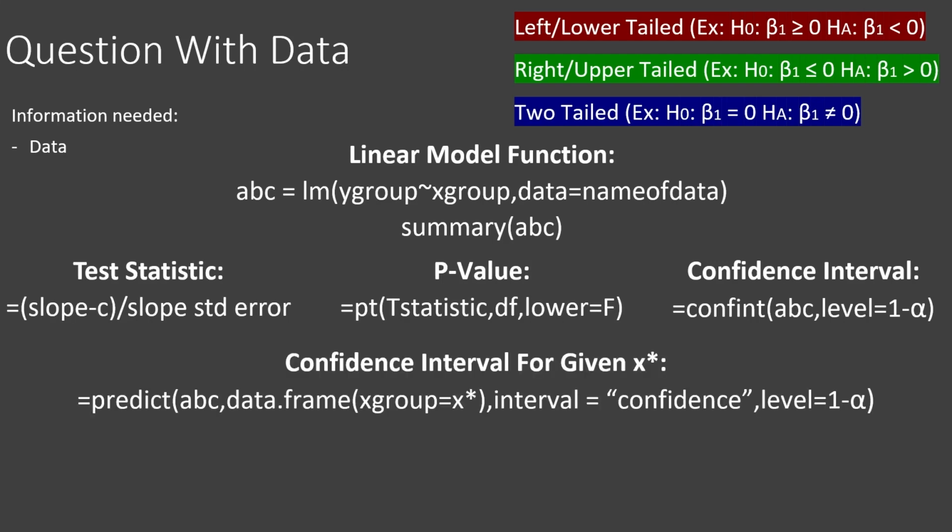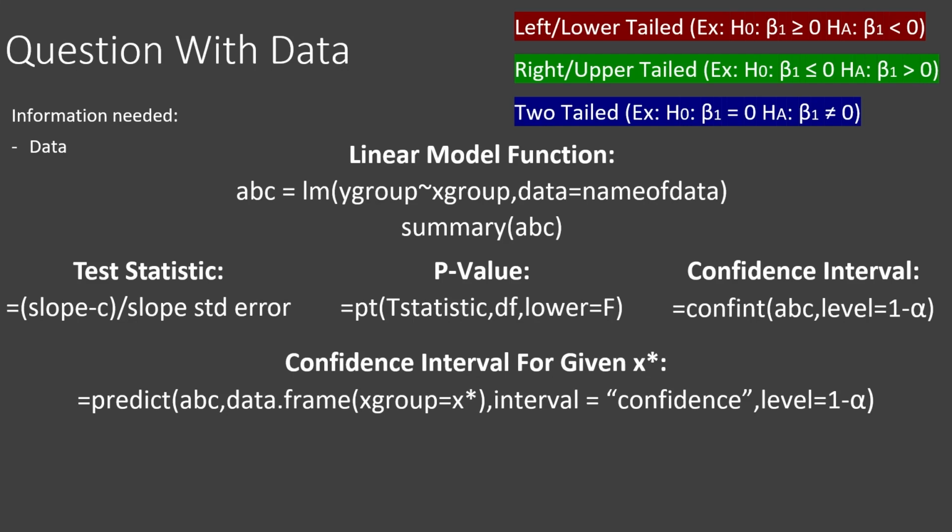And then you'll occasionally be asked to find the confidence interval for a given x value. And so you'll call it x star. X star is essentially the given x value, right? So if you're asked this, you'll just use the predict function, right? So you go predict